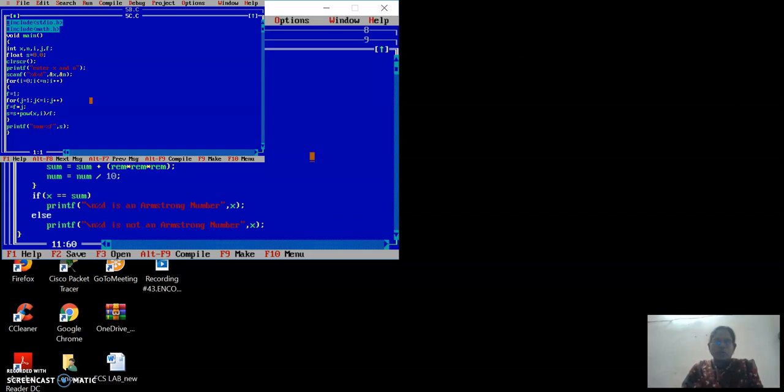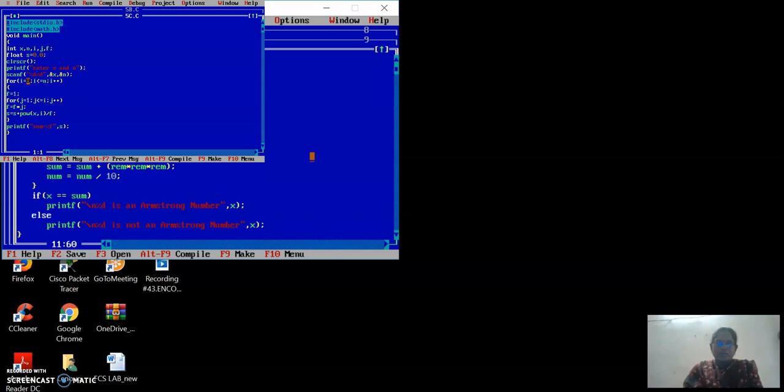Every time I am going to add 1 plus x by 1 factorial. So see the difference between the numerator and the denominator. How is the numerator increasing? First one is 1, I can write it as x power 0. Next one is x. Next one is x square. That means raising the power of x from 0 to n. That is the numerator. That is why I have written sum plus power of x comma i, where i starts from 0. And the denominator starts from 1.